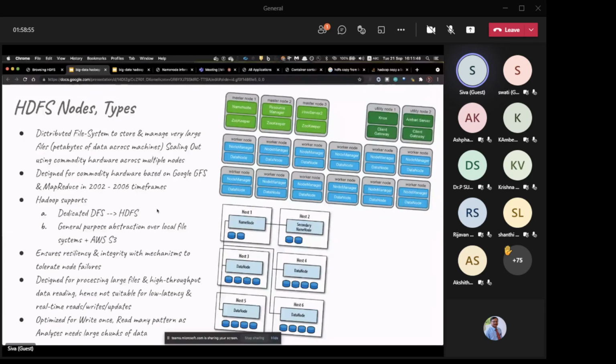From a detailed design point of view, how do we go about managing these things? The scale is based upon splitting the data into different nodes and structure. So there is a master node, there is a name node, there is a data node, which are basically key parts of